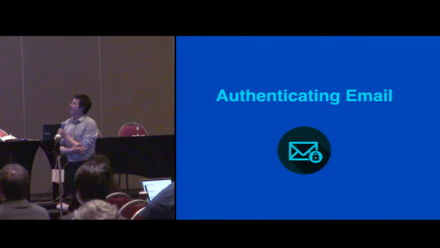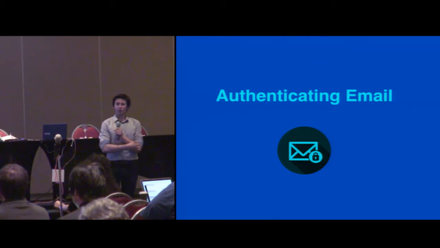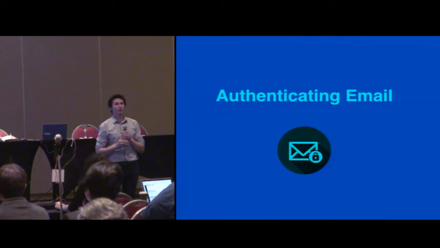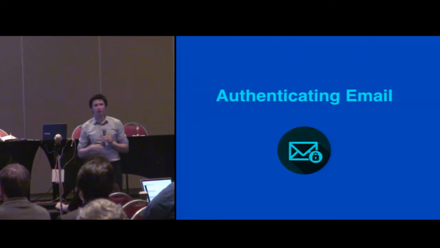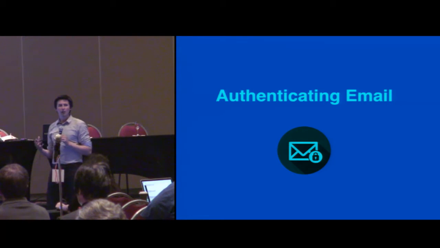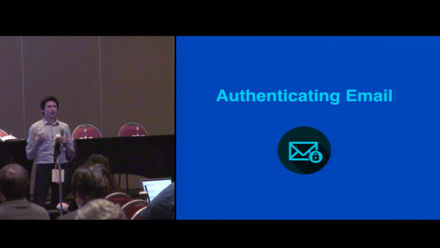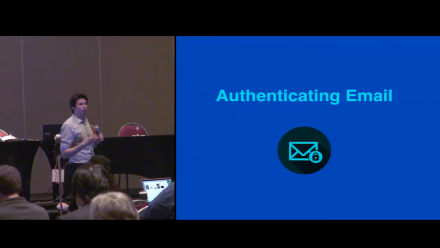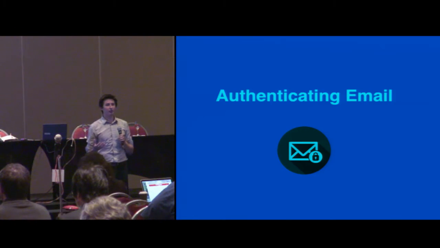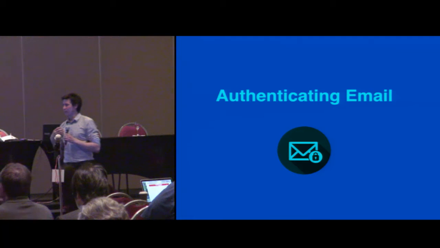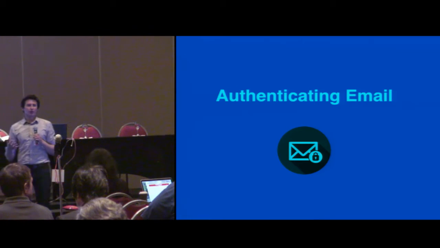So that's kind of the state of transport security. It's not a particularly happy state. The big providers are doing things well. The rest of the tail is kind of lagging behind. And this opportunistic protocol really isn't quite doing what I think most people outside of our community would expect when they send a message. I think people expect that there's some sort of security when they send something.